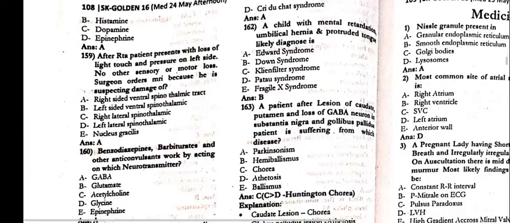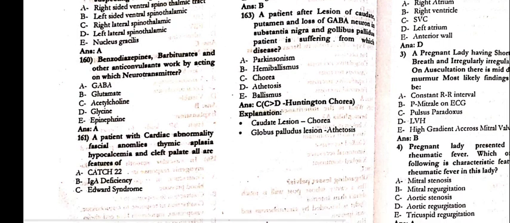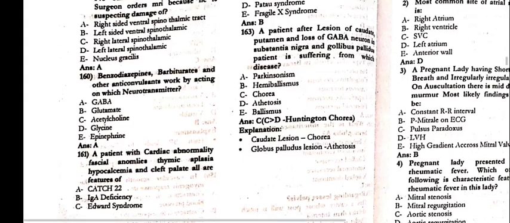After an RTA, the patient presents with loss of light touch and pressure on the left side, with no motor loss. The surgeon orders an MRI because he is suspecting damage to the right-sided ventral spinothalamic tract. Benzodiazepines, barbiturates, and other anticonvulsants work by acting on which neurotransmitter? The GABA. A patient with a cardiac abnormality, facial anomalies, thymic aplasia or hypoplasia, and cleft palate, all are the features of basically